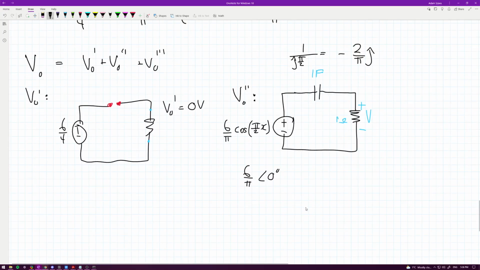So VO double prime is equal to 6 over pi at an angle 0 times 1 over 1 minus 2 over pi j. So you do the resistance of the thing that you are looking for the voltage over, over the sum of the two resistances, if I remember correctly. So VO is equal to,